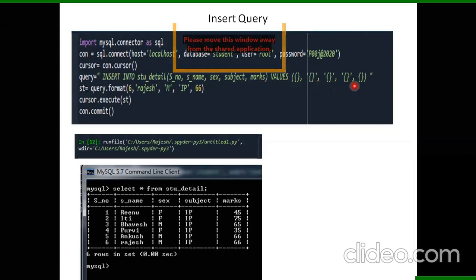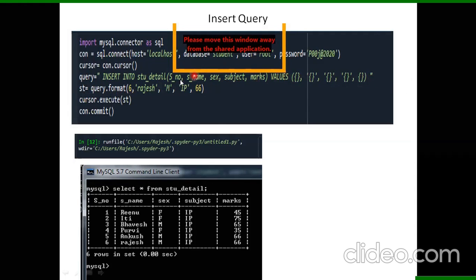Now, as the new styling says, you have to use dot format. See, I have used it in another statement. You can break your query always. So I've just used the query over there, and query dot format, I have used the remaining portion over here. You can always write it here only, dot format, and pass the values. But I used it in the next sentence because the sentence was becoming quite large.